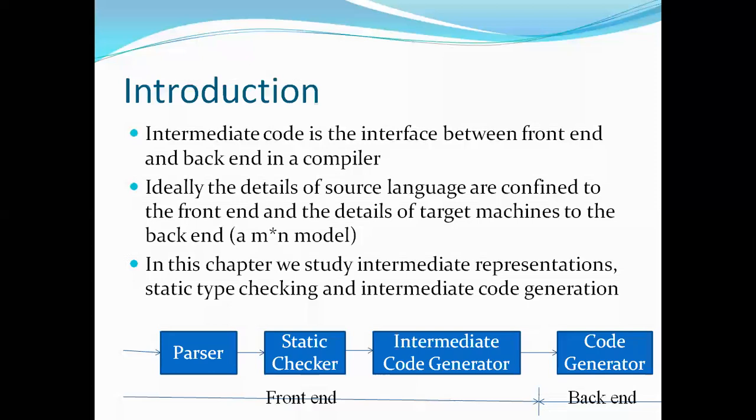What are the most important three benefits? The first benefit is when I want to create compilers for different machines. And how can I create compilers for different machines? Just by attaching different back ends to the existing front end for each machine. Then I can create compilers for the different machines. That's one of the benefits of using intermediate code generators.